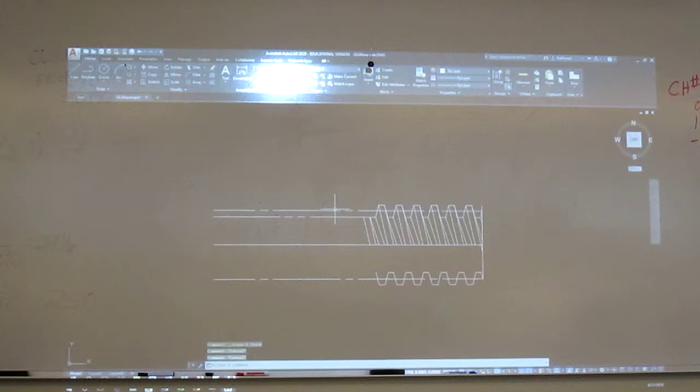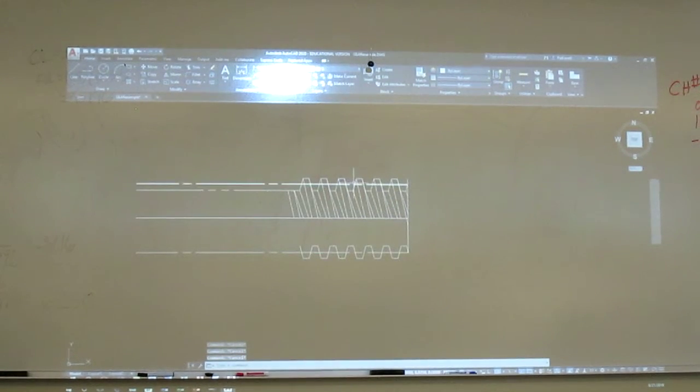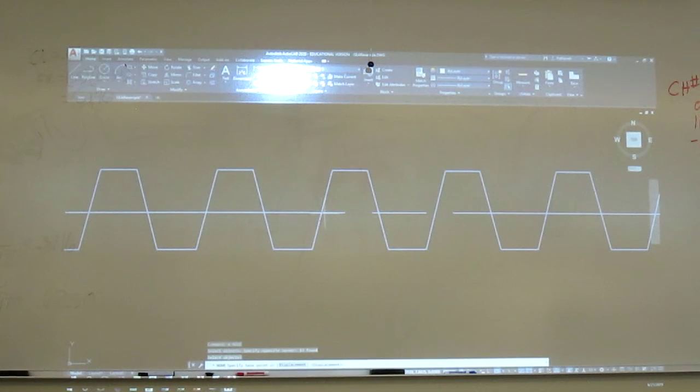Okay, so remember, pitch diameter is where the teeth meet. So therefore, pitch diameter of the worm and pitch diameter of the spur have to match up. So what I'm going to then do, and I'm just going to show you here, is I'm going to do a move, and I'm just going to grab anywhere on the pitch diameter in the side of a tooth. Okay, and I'll just grab, let's see, since I'm coming into a tooth like that, I'm going to grab this side right